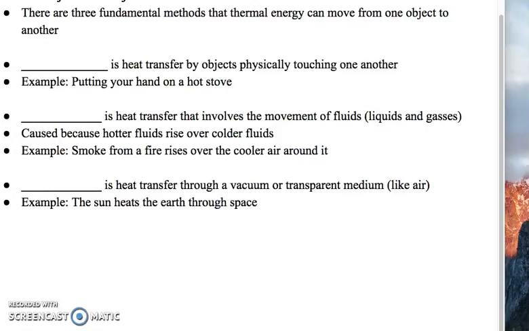Okay, in this section we're going to be looking at 6C and 6D. So that's going to be methods of heat transfer and then also specific heat. So we're going to get started with 6C. The first thing in 6C is that there are three fundamental methods that thermal energy can transfer from one